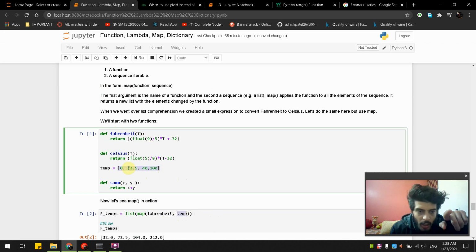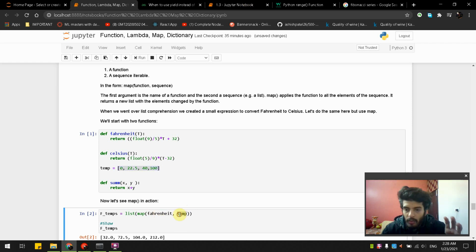Now we are going to use this list in our function Fahrenheit. This is what map means. I know this is a little bit tricky on other YouTube channels or on Google, but I'm going to explain it in a very easy way: the first argument is a function and the other argument is our list.